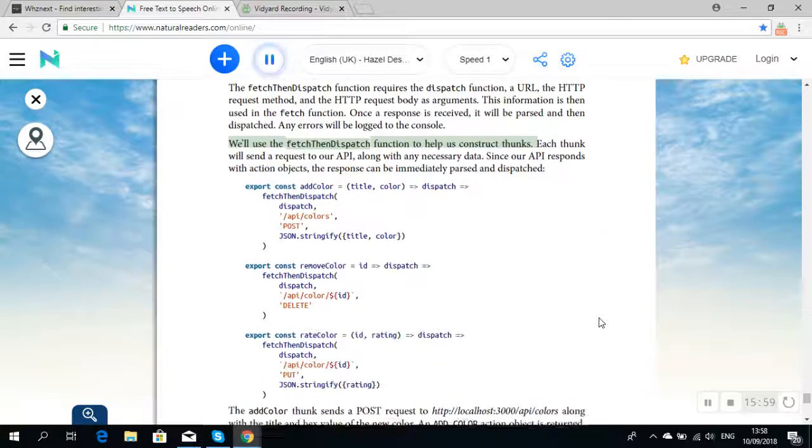We'll use the fetchThenDispatch function to help us construct thunks. Each thunk will send a request to our API, along with any necessary data. Since our API responds with action objects, the response can be immediately parsed and dispatched. export const addColor = (title, color) => (dispatch) => fetchThenDispatch(dispatch, '/api/colors',